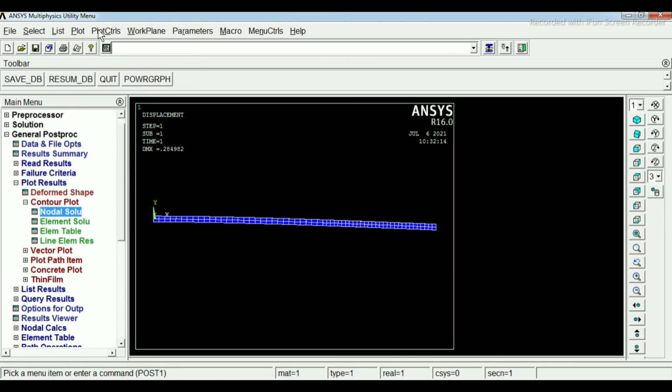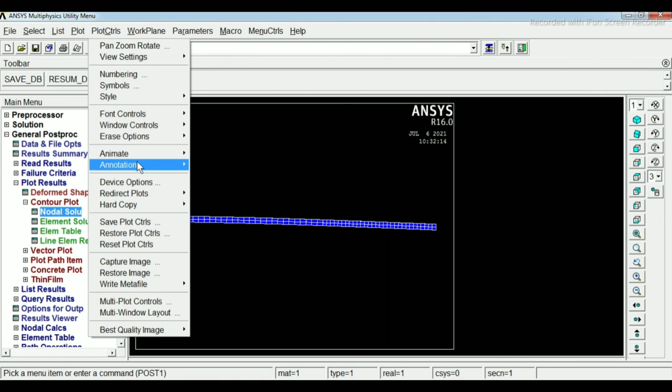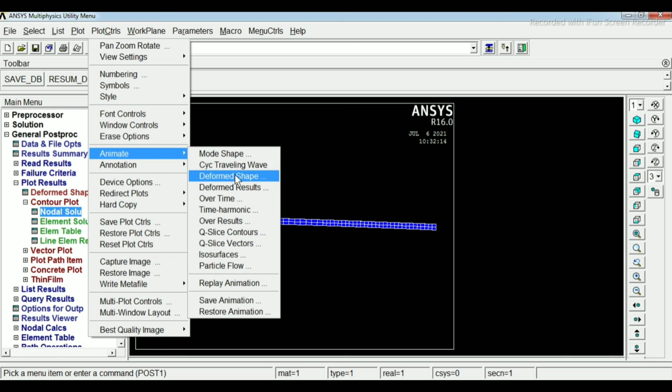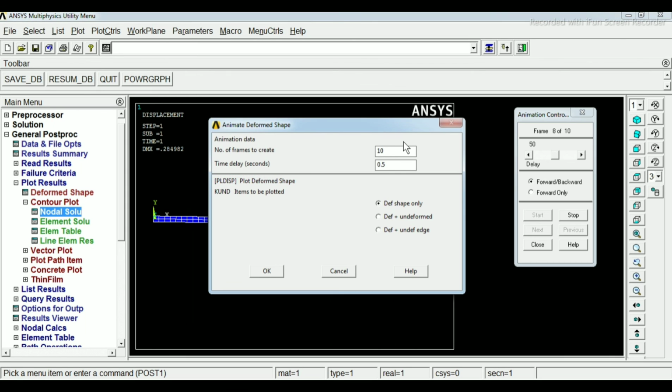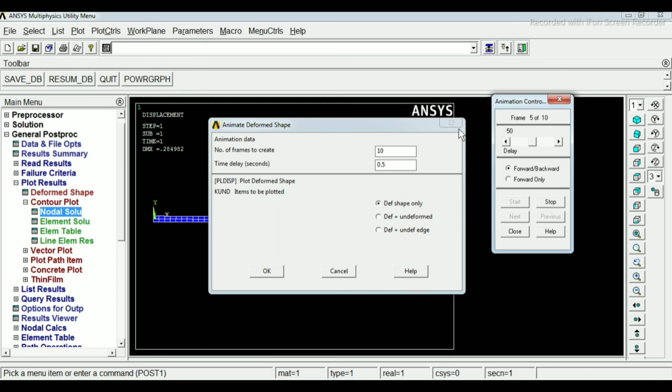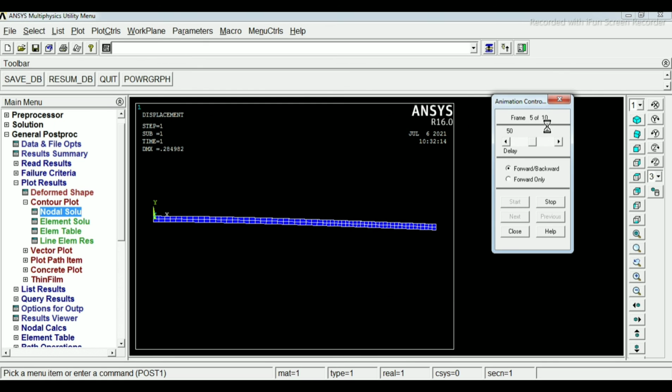If you want to stop this animation, click again on deformed stop. If you click on this, a window appears. If you want to increase the frame rate, or increase the speed of this deformation, you can also increase this.